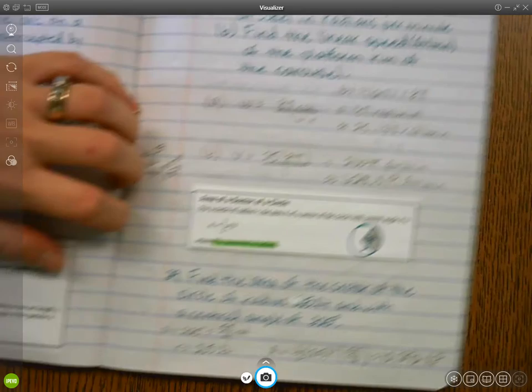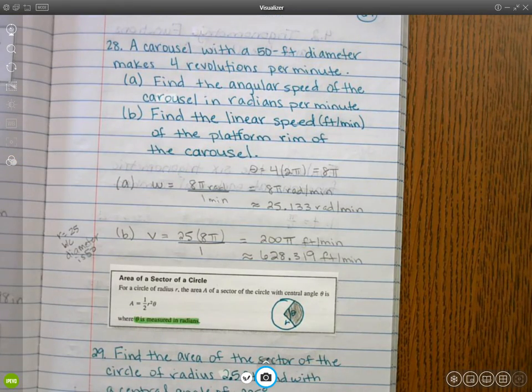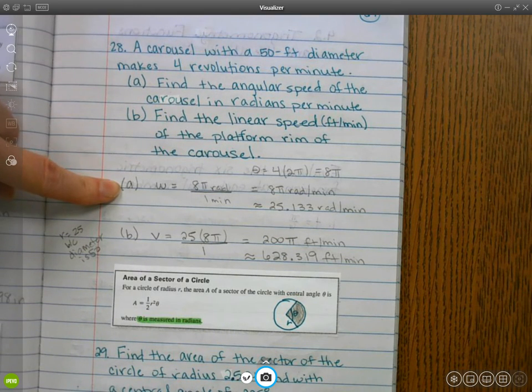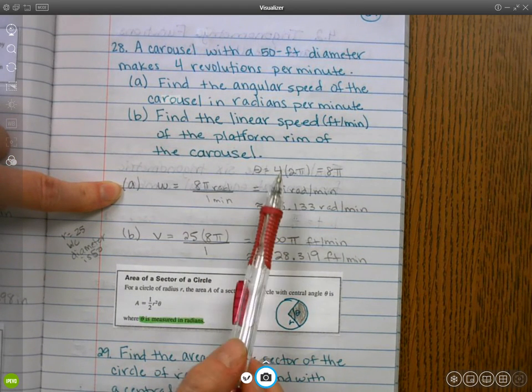All right, so a carousel with a 50-foot diameter makes 4 revolutions per minute. Find the angular speed of the carousel in radians per minute, and then find the linear speed in feet per minute of the platform rim of the carousel. All right, so the first one, if we are going to find angular speed, we are going to do the central angle over the time. So the central angle,